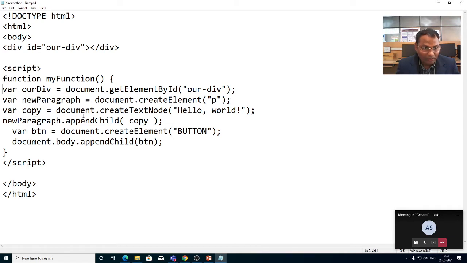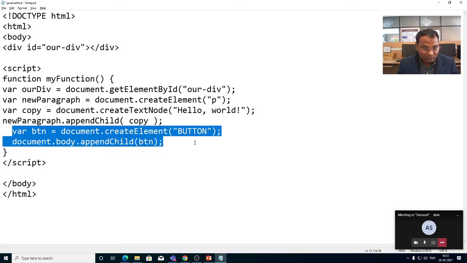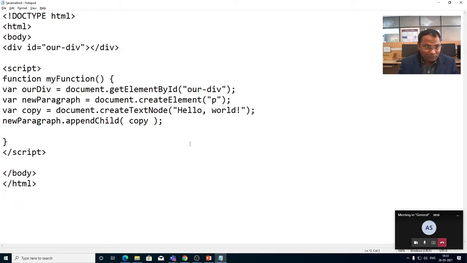Variable copy equal to document dot create text node "hello world". New paragraph dot append child copy. Now you see the output of this code.